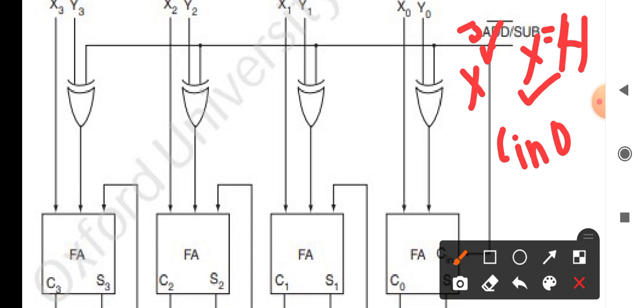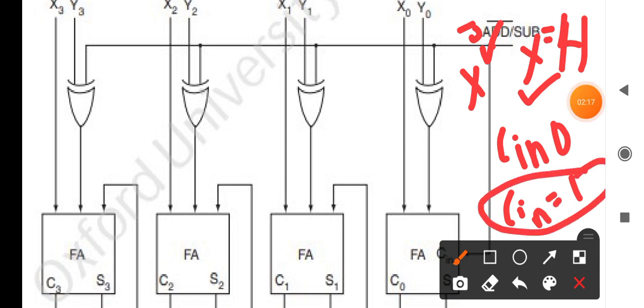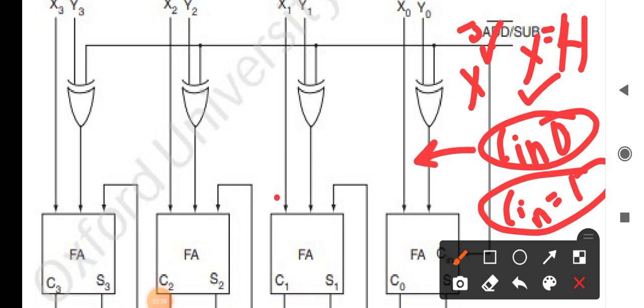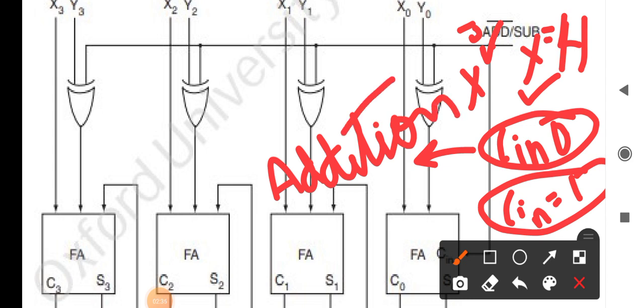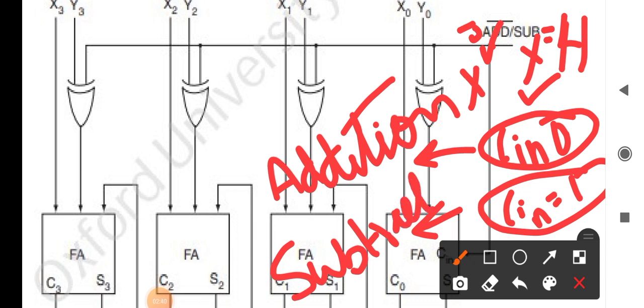C input is equal to 1 in the case of subtraction, and C input is equal to 0 in the case of addition. Plus is addition and minus is subtraction.